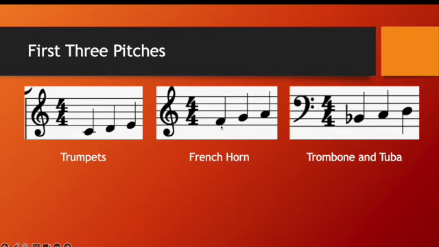For my French horn friends over here, your notes are going to be F, G, and A. And the trombone and the tuba both play B flat, C, and D. And then we are going to take these notes and we're going to play Mary Had a Little Lamb all